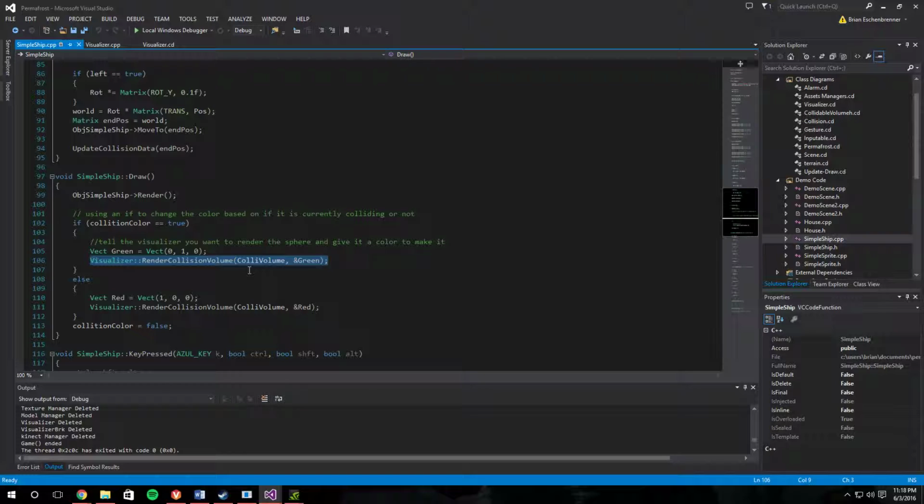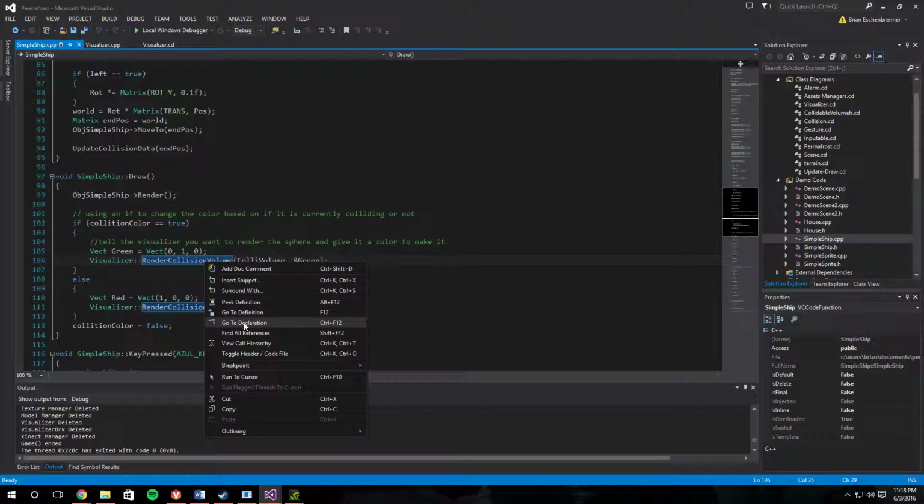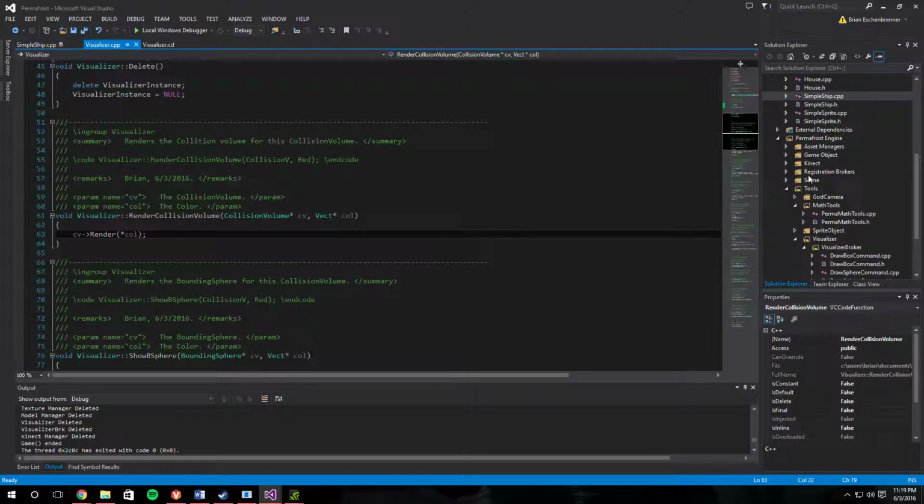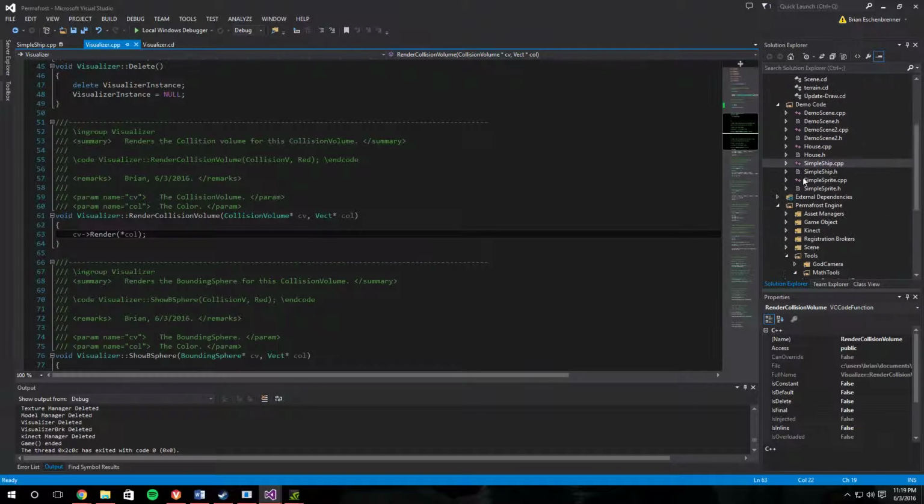This simply takes the collision volume, and I think it was up here, it takes the collision volume and calls render on that collision volume. So all the collision volumes have a setup so that it can automatically just call the correct